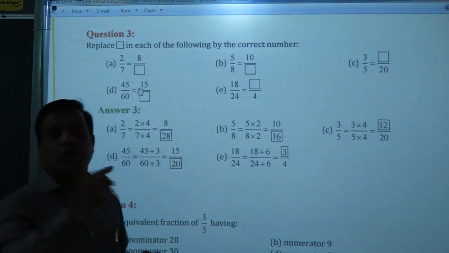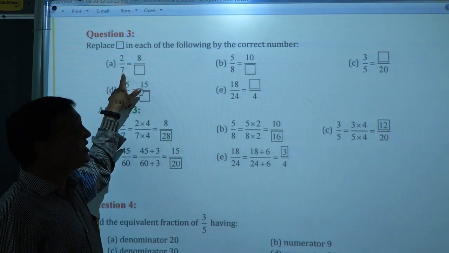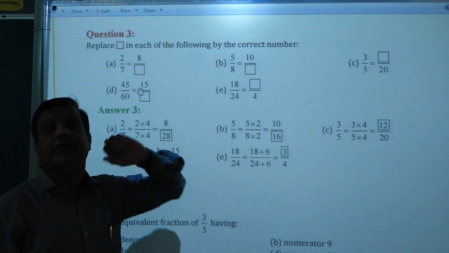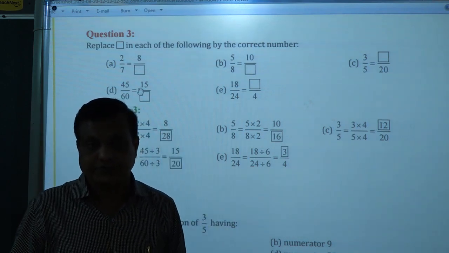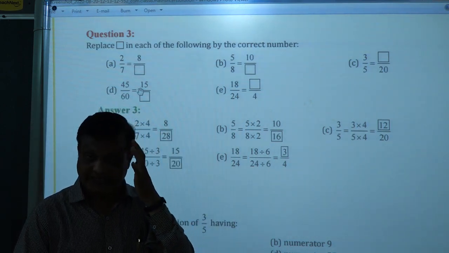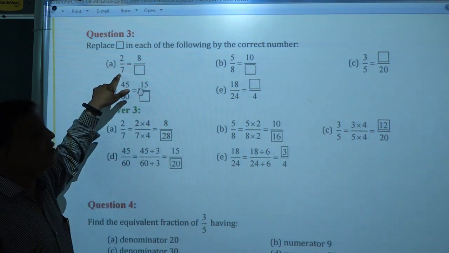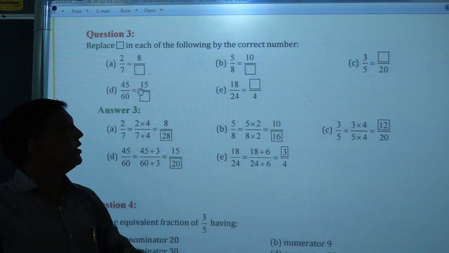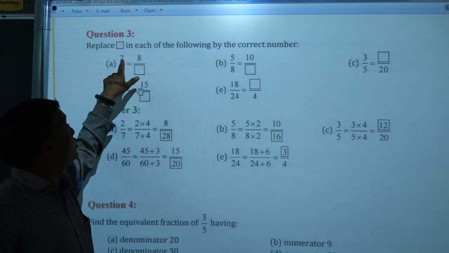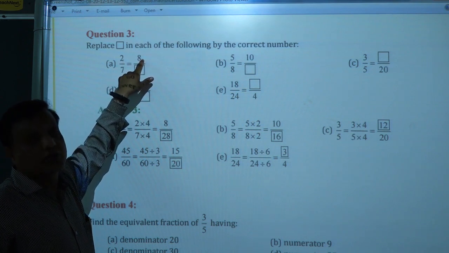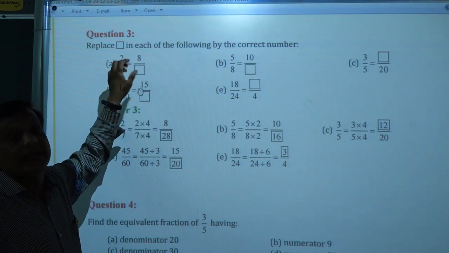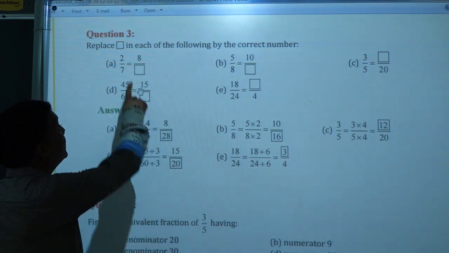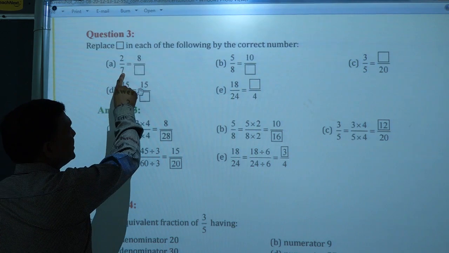Now here I will give you a small clue. If a smaller fraction is given and they are asking for the bigger numbers or bigger fraction, it means you have to multiply. Okay dear, please once again pay attention. A smaller fraction is given, 2 upon 7 is a smaller fraction, and here they are asking 8 upon dash. So this 2 is smaller than 8. So here what you have to do is multiply the number. Now which number do you have to multiply? You have to check. Here is given 2, here is given 8, here is given 7, here is the blank.